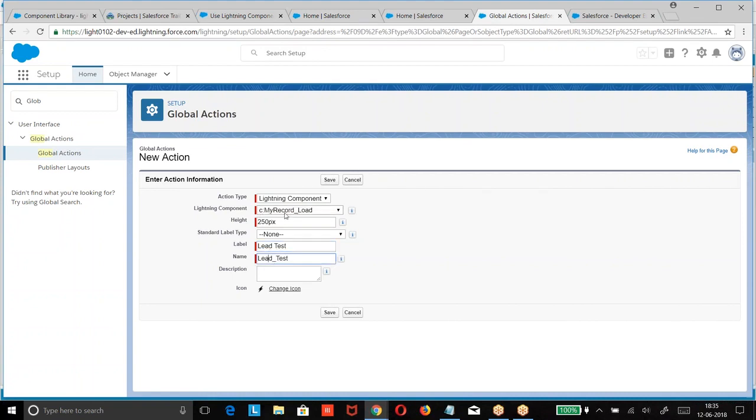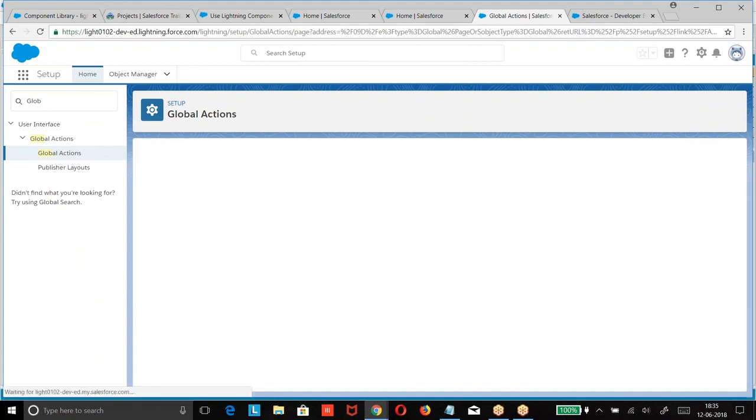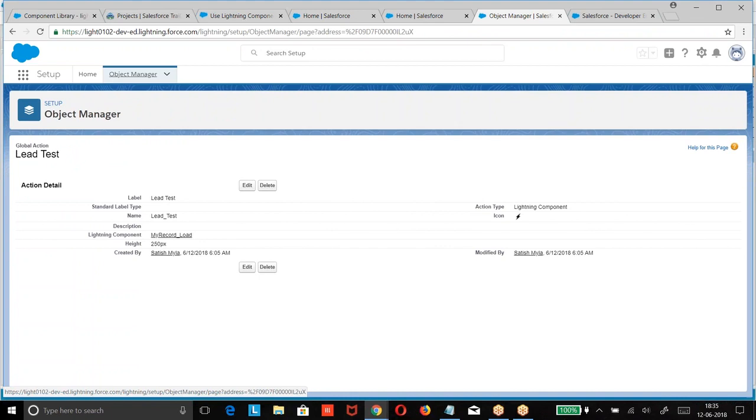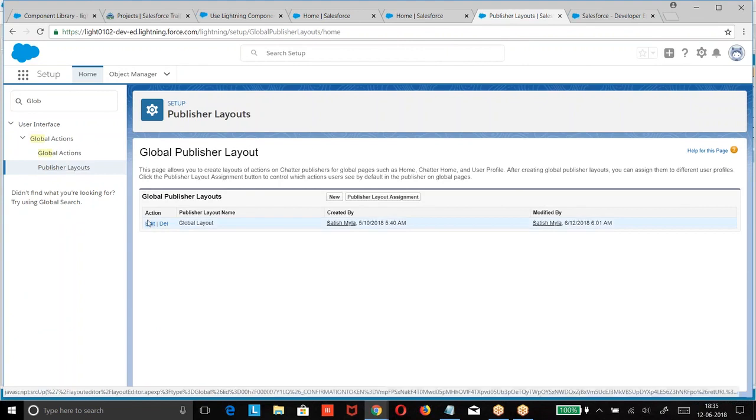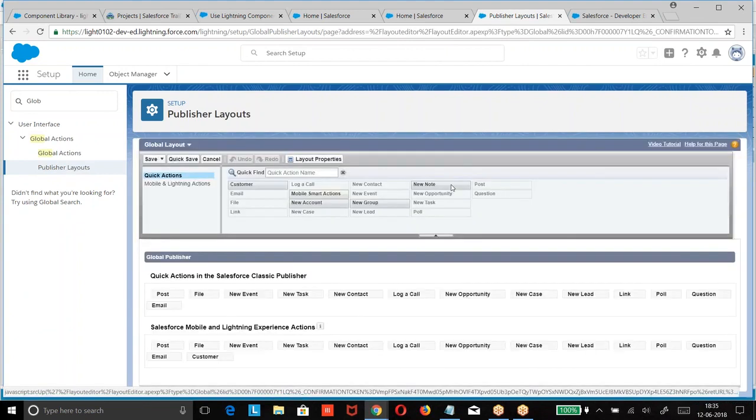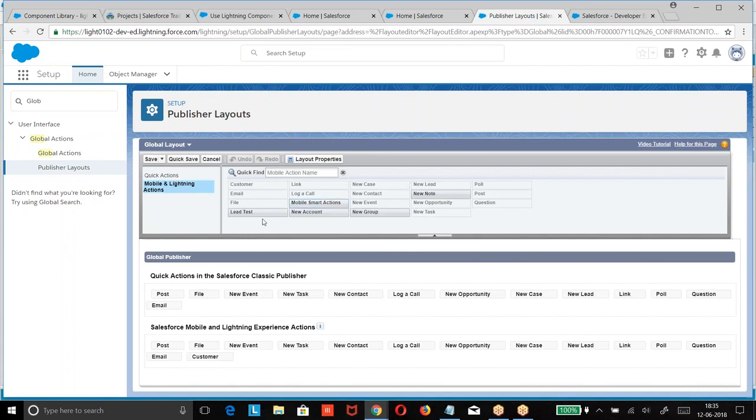So whichever the Lightning component you want to select, see. When you click on this component, what is happening? Corresponding Lightning component will open. Then we made it. What should I do? Go to publish layouts, edit, mobile and Lightning. We had lead test.